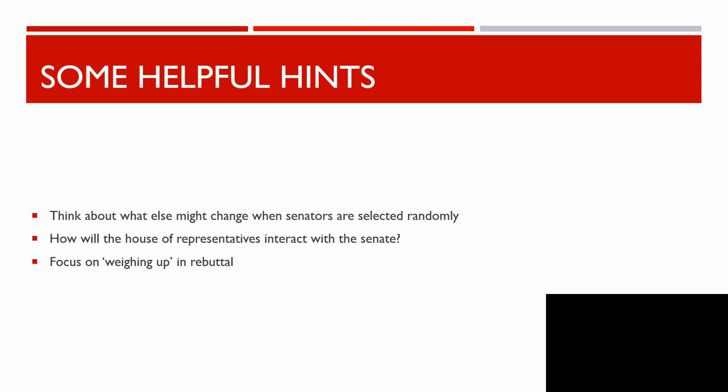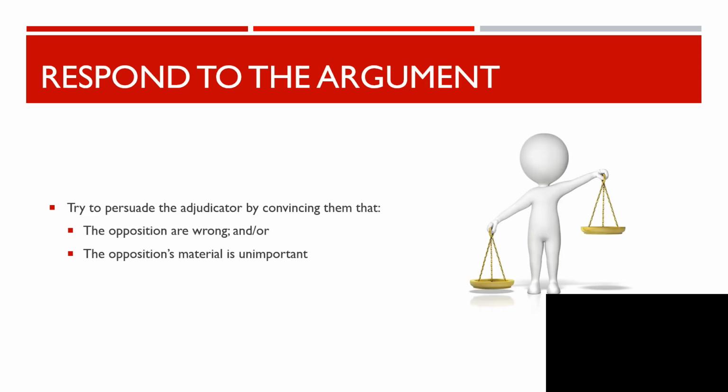The third helpful hint is to focus on weighing up in rebuttal. This means not just proving why something is true, but proving why it is more important than the argument that the other team is bringing, and why, even if some part of what the other team is saying makes sense, it is less important than what you are saying. Finally, just in regards to rebuttal, if we look back at the structure for an argument that I gave you earlier, look at proving both that the arguments that the opposition have brought forward are wrong and that they are unimportant. This means not just proving that they are untrue, but proving that possibly, even if they are true, it is not something that the adjudicator should credit them with the win for.